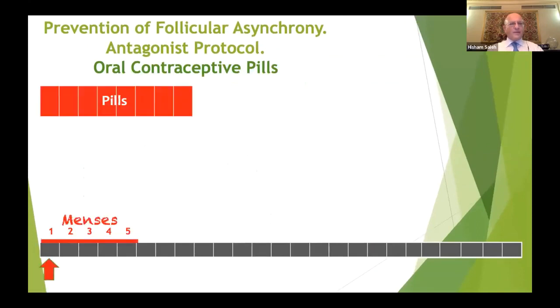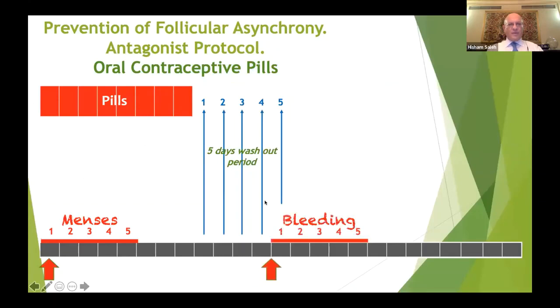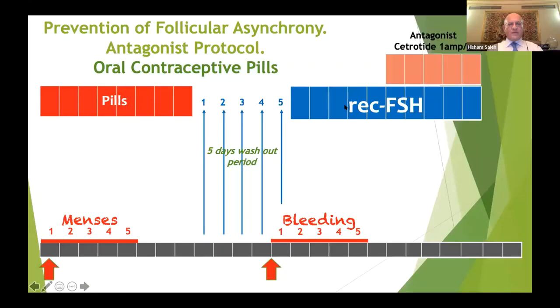So in the antagonist protocol, we start the pills on the first day of the menses, and you give them for variable periods, maybe 10 days or more. When you stop the pills, it is very important to have an exactly 5-day washout period before you start your stimulation. This period is very important. During this time, bleeding will occur. Whether bleeding occurs or not, on the 6th day after the washout period, you start your FSH